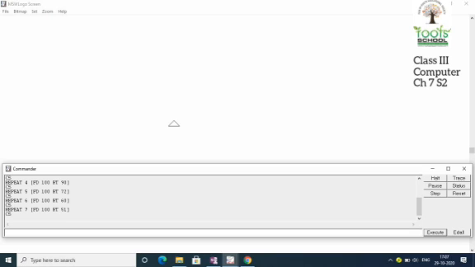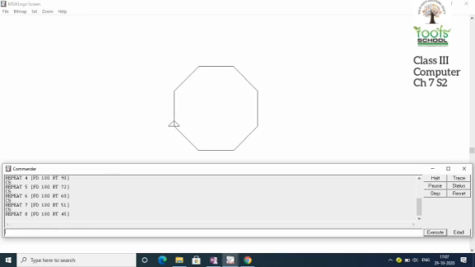So in this way you can make more sides. If I want to make an octagon, I'll write down repeat 8 times, and what to repeat? Take forward by 100 and go right. Now you have to divide 360 by 8. So you will get 45 as your answer. So this is an 8 sided figure, that is known as an octagon.